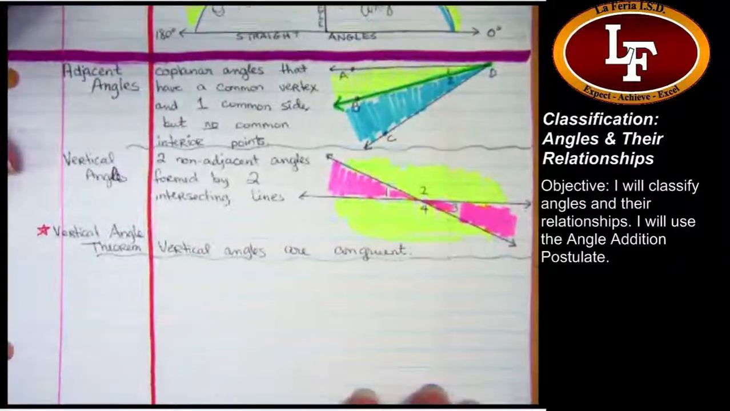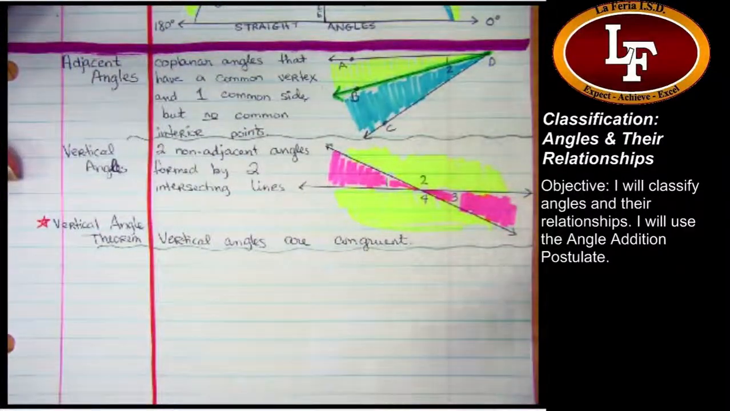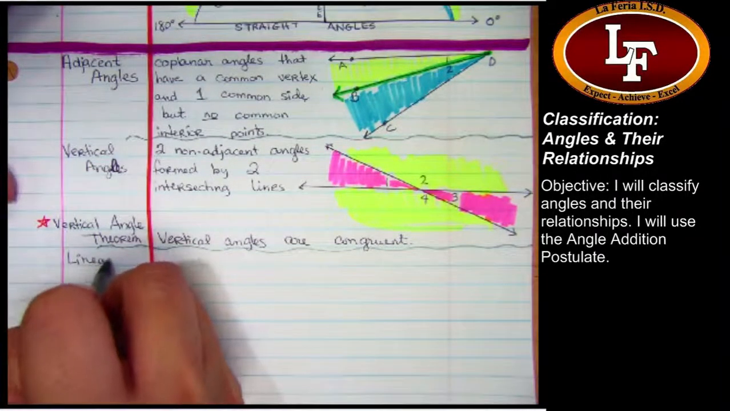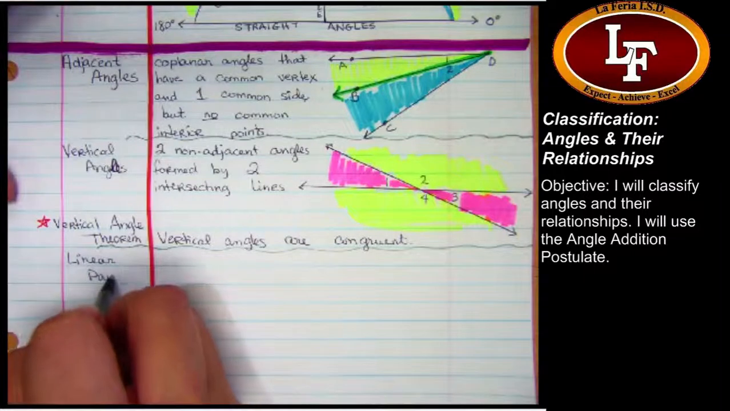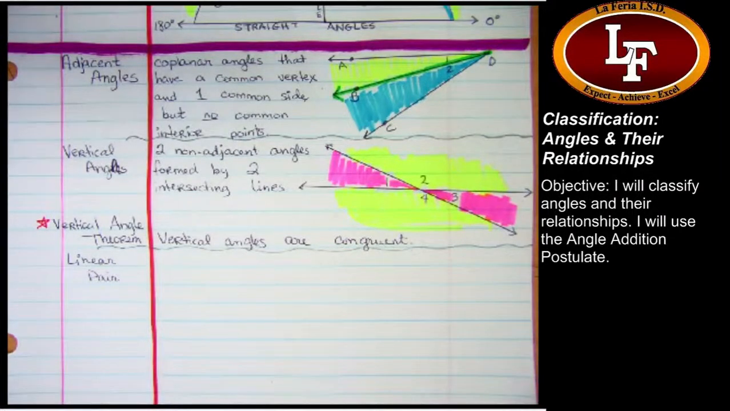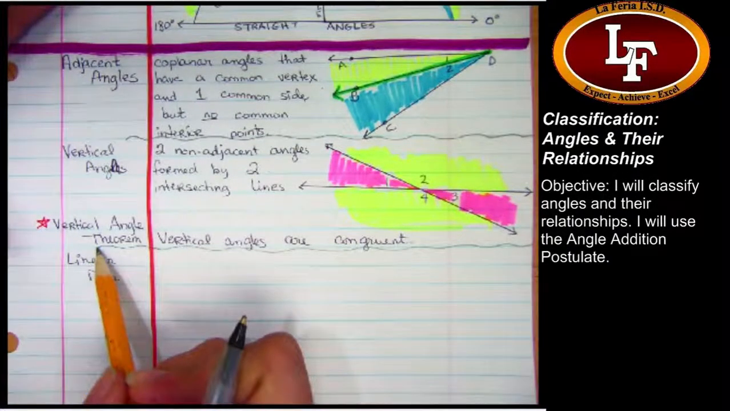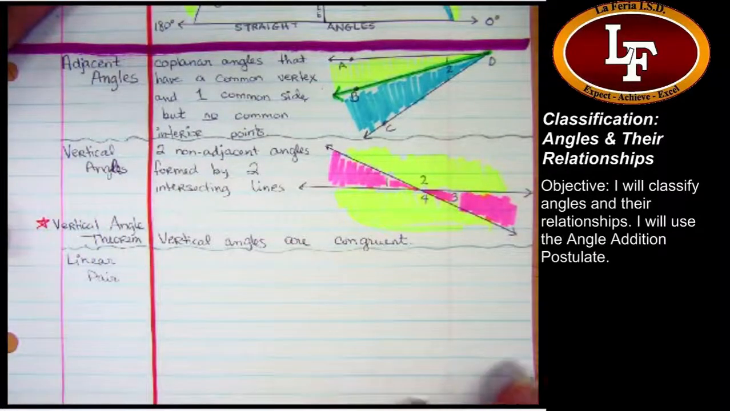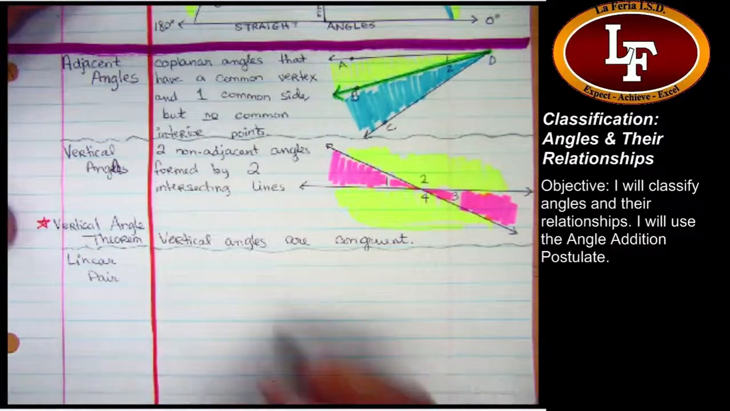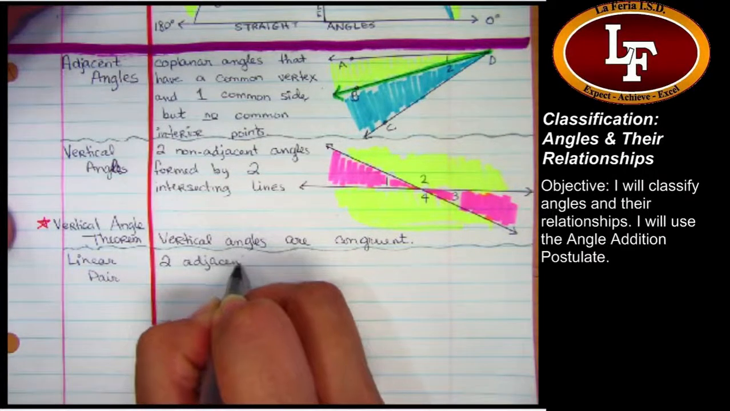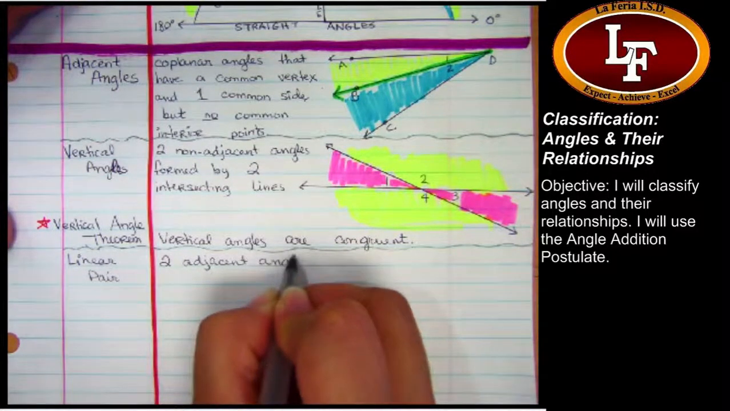All right, I'm going to scoot my paper up a little bit. The last one that I think is going to fit on this page is going to be linear pair. How many angles do you think we're going to deal with in a linear pair? Two, because it's a pair. And what kind of thing do you think they're going to form? A line, because of that word linear. So, a linear pair are two adjacent angles